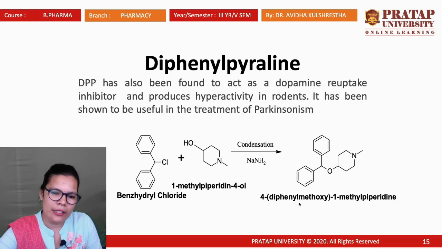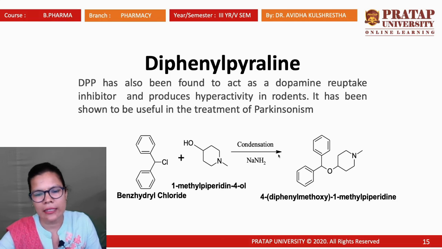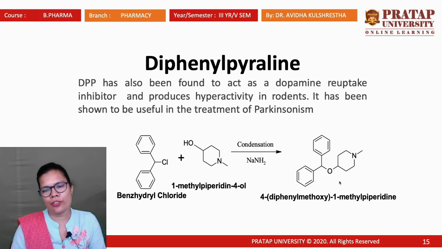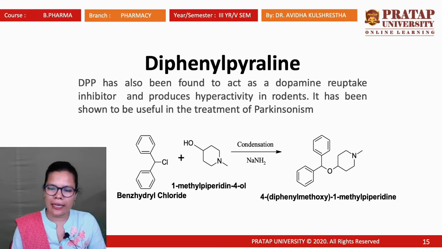In the last slide we discussed cyclazine, and here we are discussing diphenyl pyrroline. The basic structure of this drug you can remember with the thought that this structure has 2 benzene rings and 1 piperidine with methyl, with alkoxy substitution. So the basic structure can remain stable in your mind: 2 benzene rings with a 3rd piperidine ring attached with the alkoxy substitution.